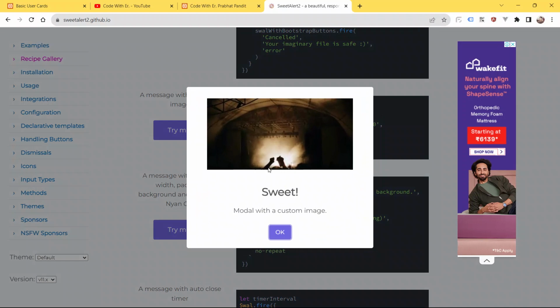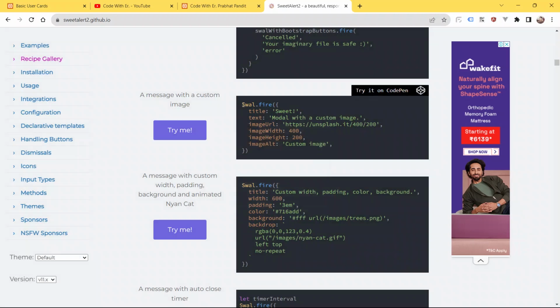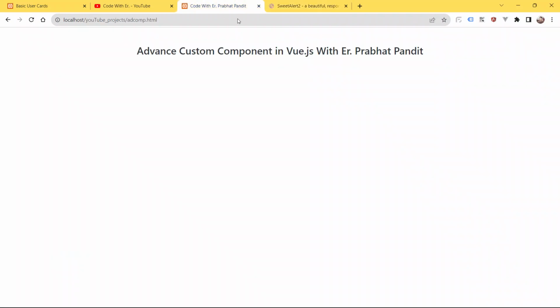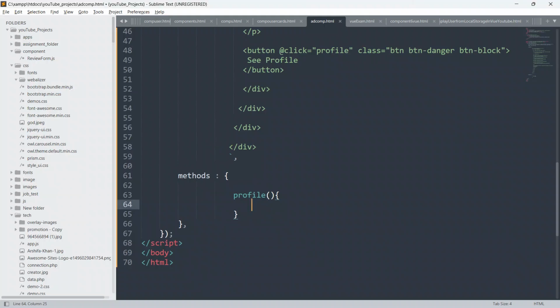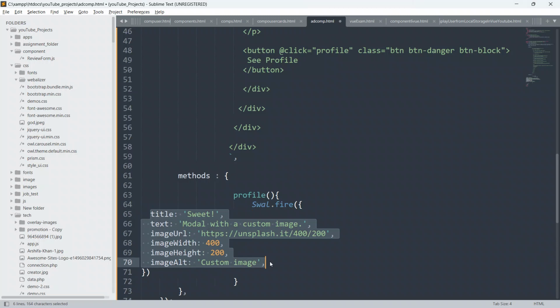As you can see here, this contains an image, some text, and a button to dismiss the pop-up. So just copy this code from here, and we will use this code inside our code. Paste it here, and just give a space.